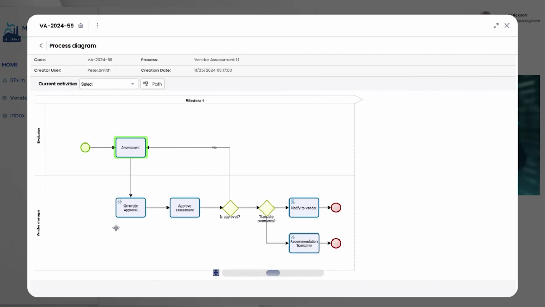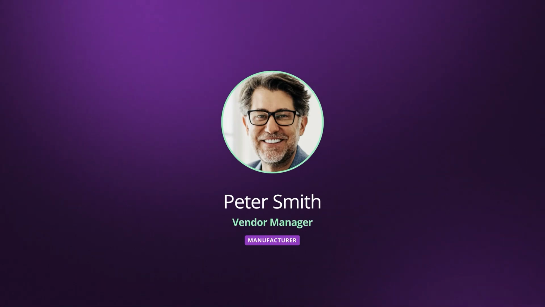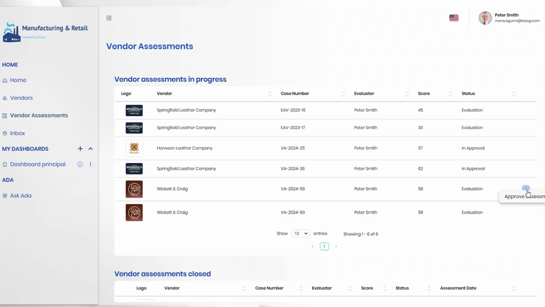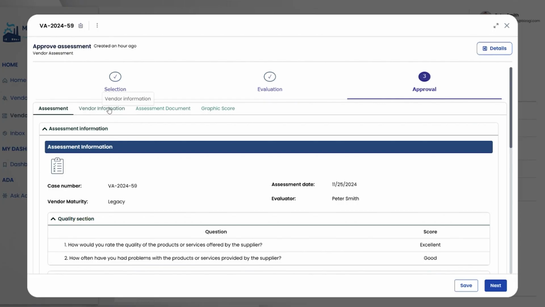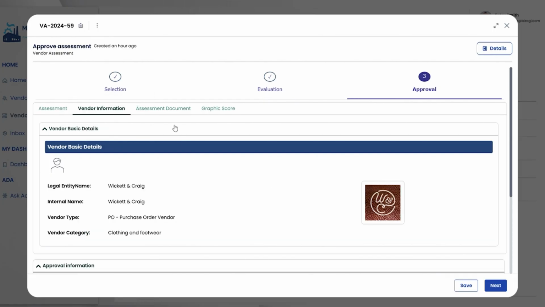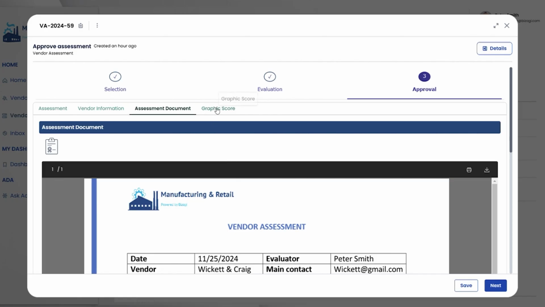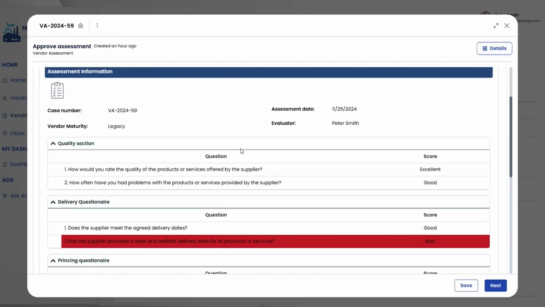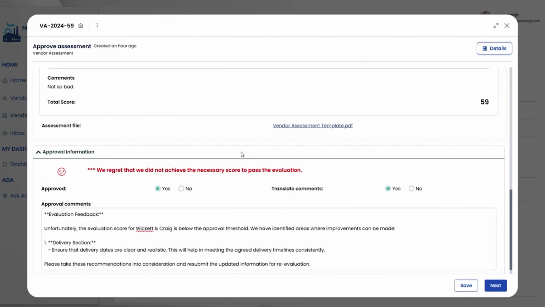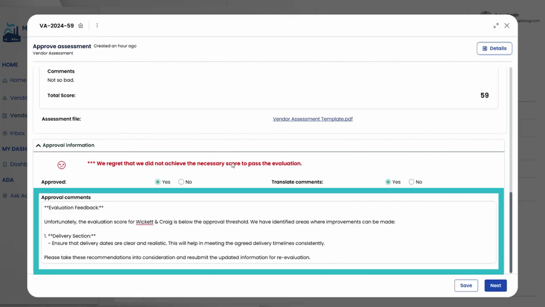In the process diagram, we can see this is where the AI agent steps in to generate recommendations on how the vendor could improve, based on the performance assessment. Back on Peter's dashboard, he can open the assessment ready for approval. He can review all the assessment information and supplier scores across the tabbed view. He can amend these if necessary to help the vendor make adjustments to their service and maintain the ongoing relationship